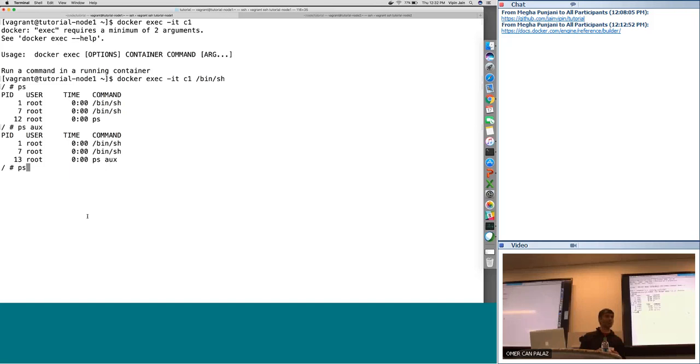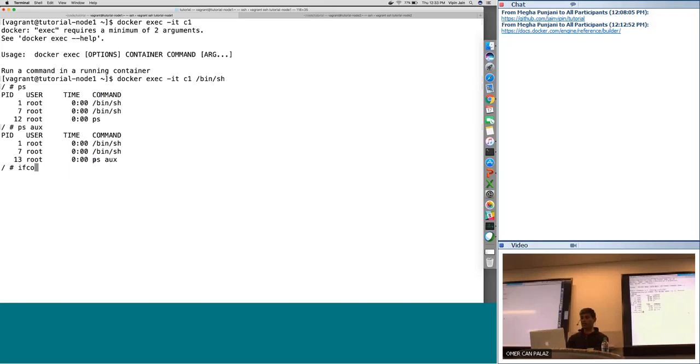Because of the namespace isolation, I have been given this particular set of a process ID domain. Imagine getting PID 1. That is given to the first process that starts in the kernel. This PID was given to the first bash shell that was started when I specified my Dockerfile intent, where I specified this. And I'm running these 3 commands here. So you can see how inside this I'm getting the process ID isolation.